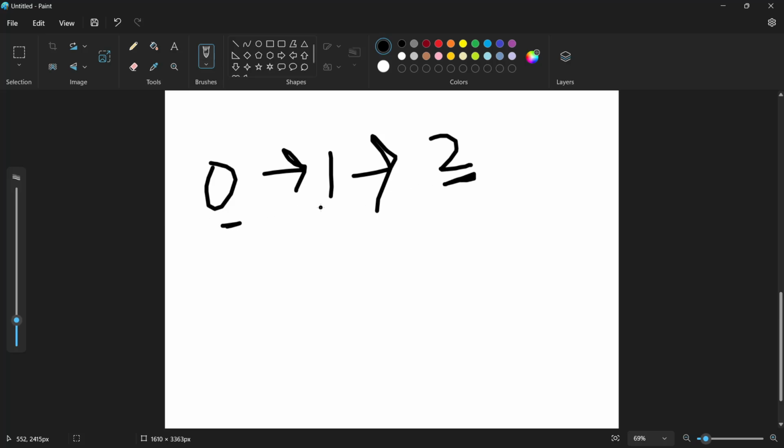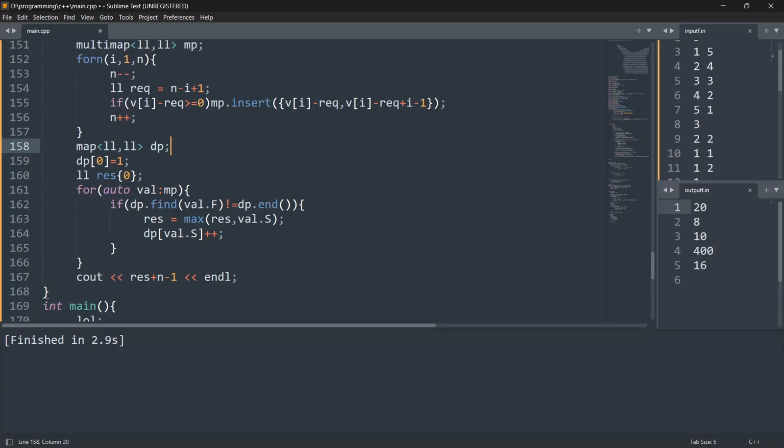First we make a connection from 1 to 0, then we make a connection from 2 to 1. So first we make sure 0 is connected to 0, then we set a rest. This will be our answer, and we iterate on the map and we check if the connection from 0 is